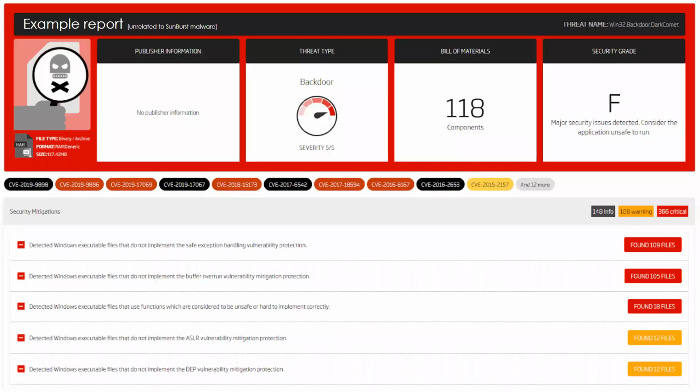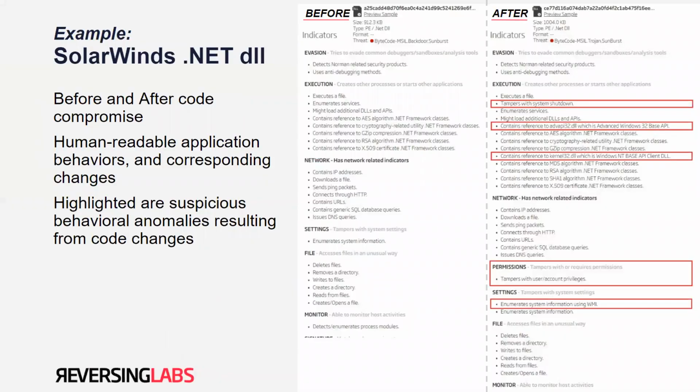And so this would be a quick illustration of a sample report that we would provide as a result of consuming, decomposing and analyzing your installation packages, to give you some assessment of whether you're truly prepared to release your software. This would be an example of a diff, if you will, between various releases. And you can see in the case of SolarWinds and the .NET DLL, and I can't recall what that particular one was called, but